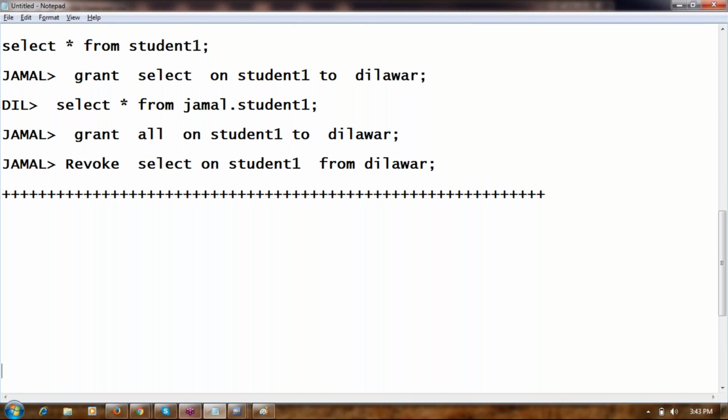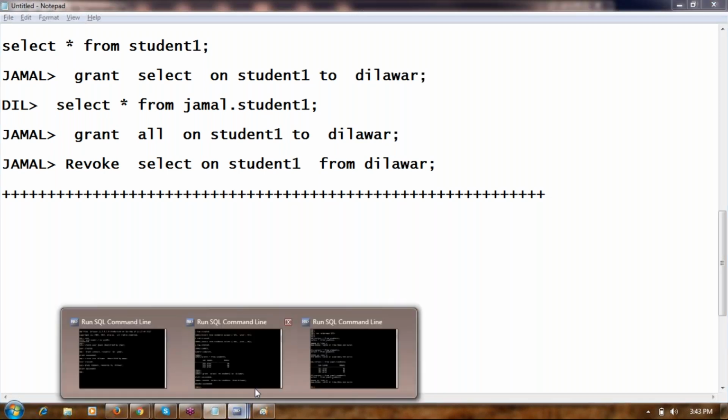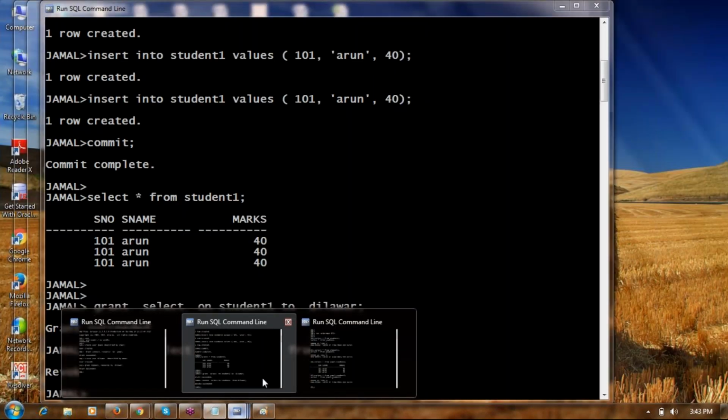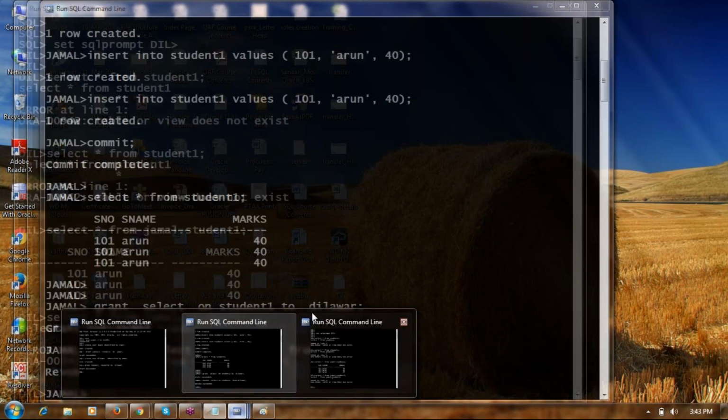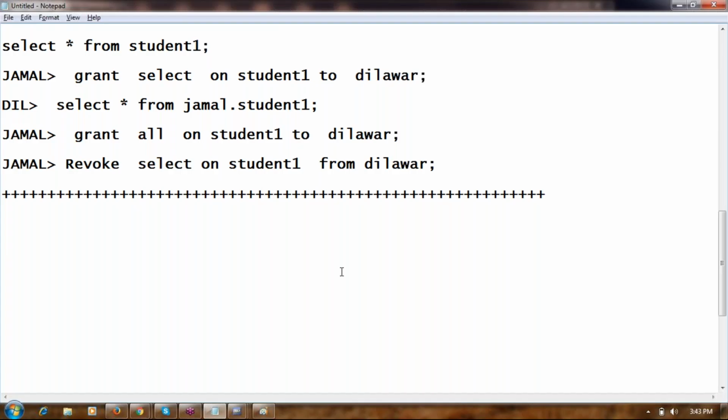If I want to see all the privileges, is there a command that I can run? You want to see the list of privileges from a DBA level?